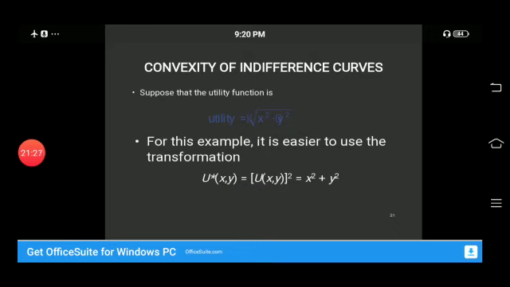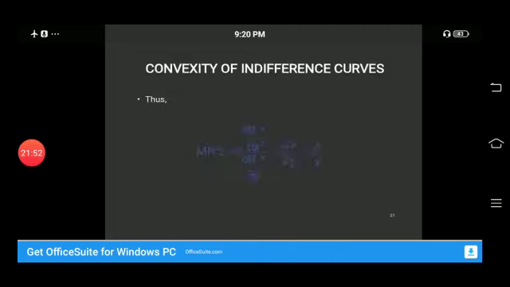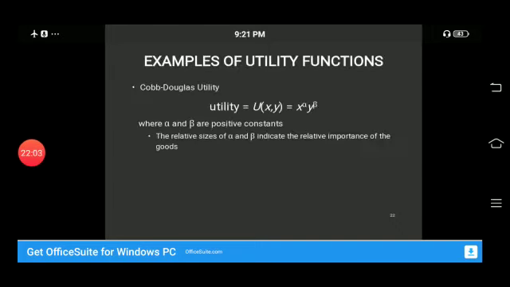Again, an example: x squared plus y squared. Again, we take it first with respect to x and then with respect to y. With respect to x, the power comes first and multiplies, and then 1 is subtracted from the power, so 2x plus 0. Then with respect to y, that would be 0 plus 2y. So 2x over 2y, and when we simplify it, the 2 cancels with the other 2.